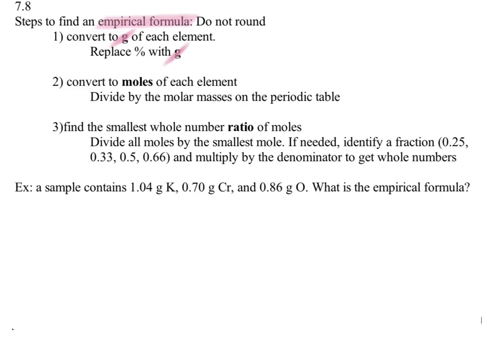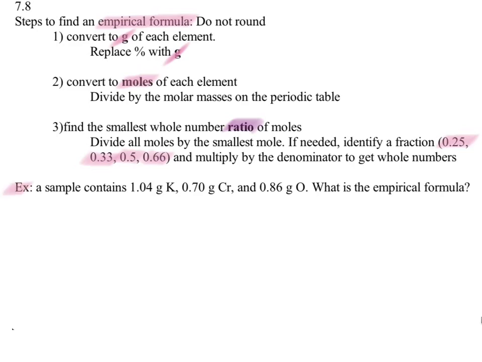If you're given a percent, you can just replace the percent sign with grams by assuming you have 100 grams of compound, because that won't change the ratio. Second step is moles. Third step is to find the smallest whole number ratio of the moles, which gives you the subscripts in the empirical formula. The way you do that is by seeing if you have a whole number or a fraction, and then if you have a fraction like a fourth, a third, a half, or 2/3, you multiply by the denominator of that